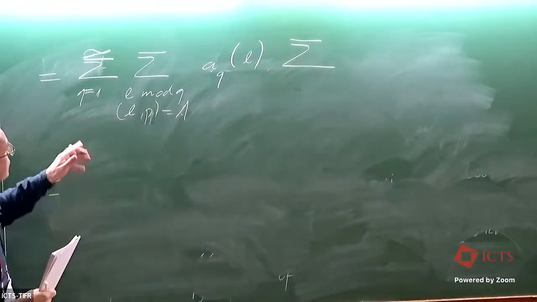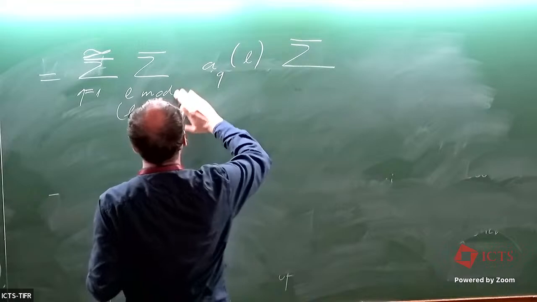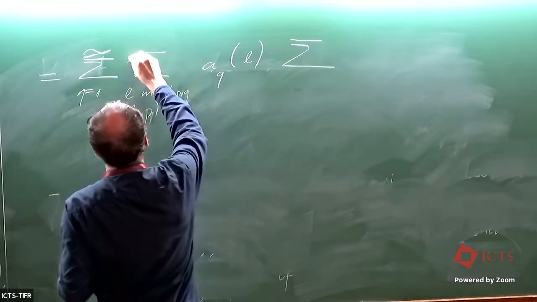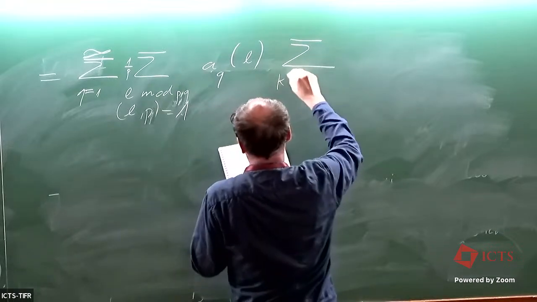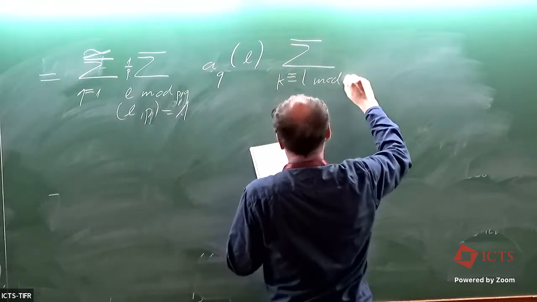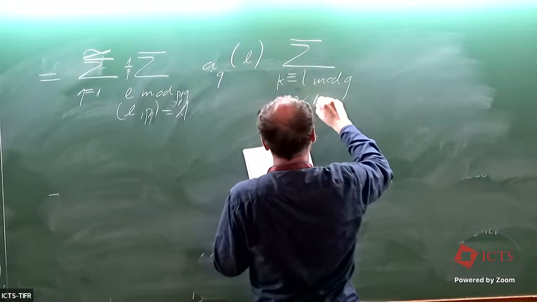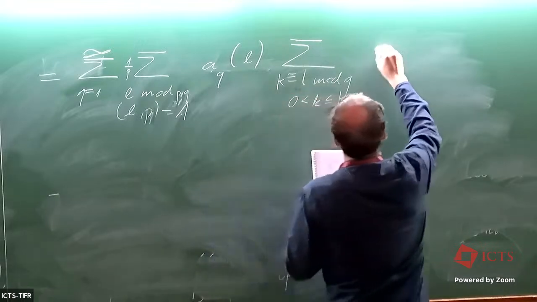Okay, so we need to take modulo PQ and then divide by P, I think. Okay, something like that. So, and then K congruent L mod Q, 0 less than K less than or equal to capital K. This goes and